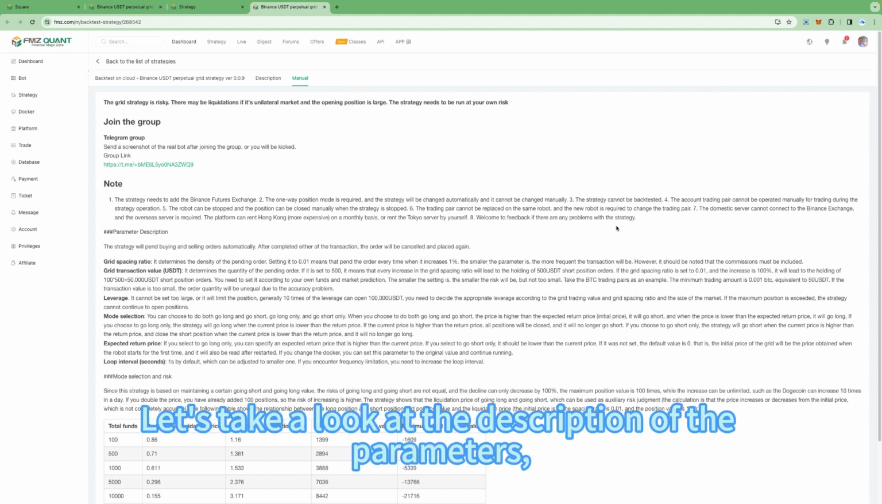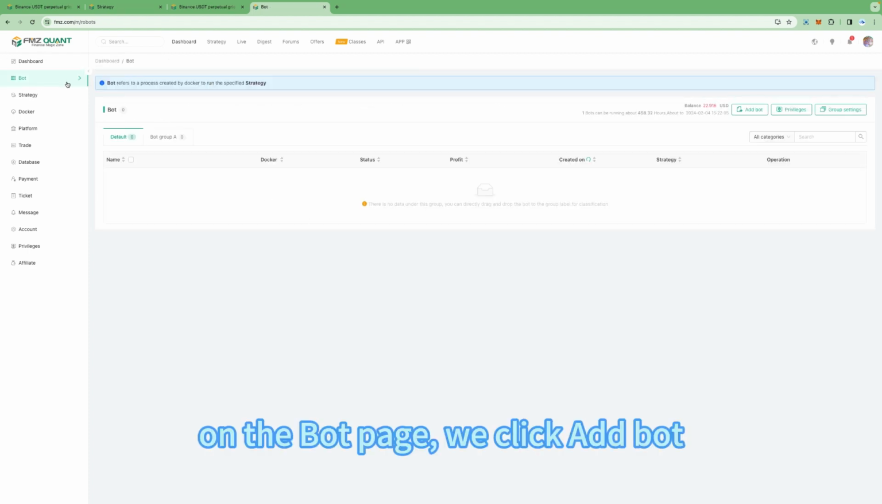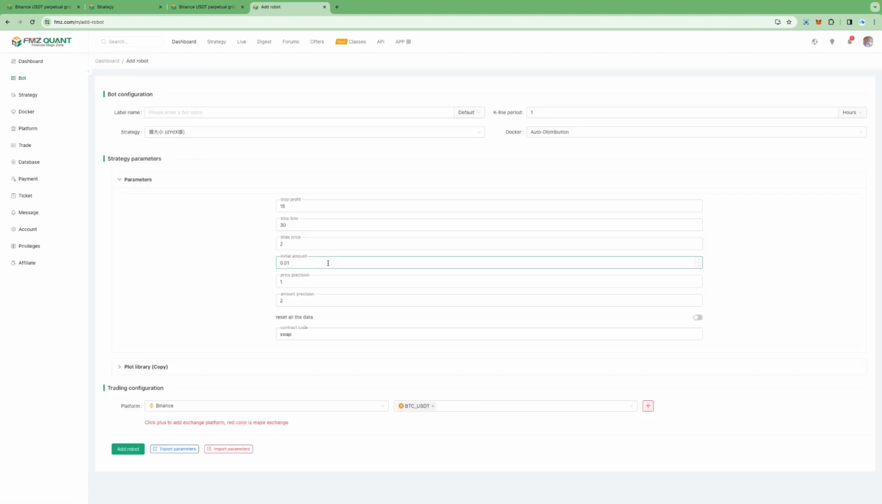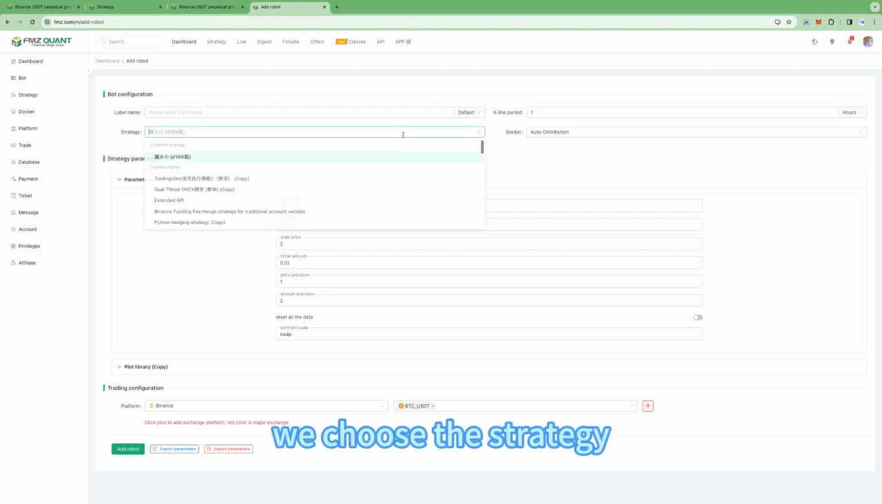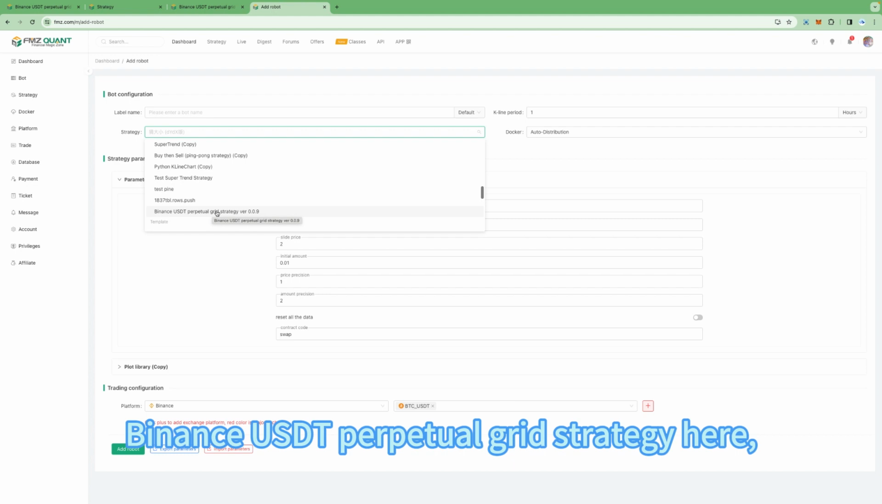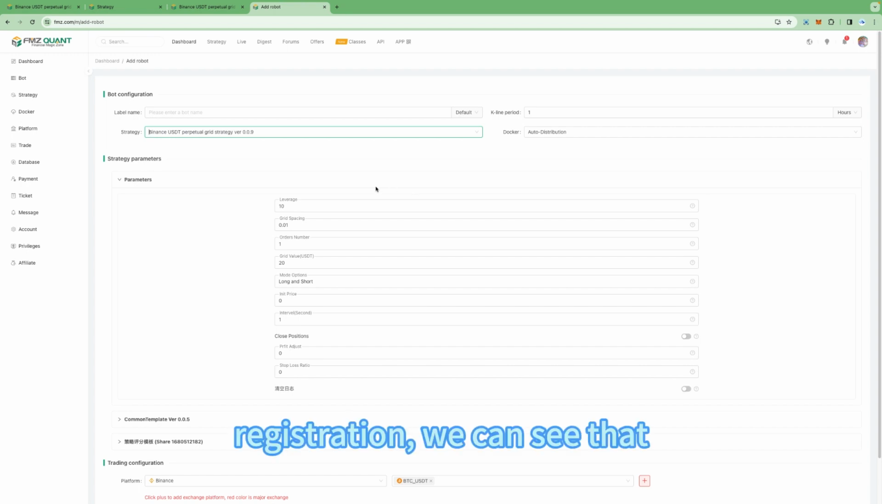Let's take a look at the description of the parameters. We can also create a robot. On the bot page, we click Add Bot. We choose the strategy, the Binance USDT Perpetual Grid strategy here. After clicking on registration, we can see that